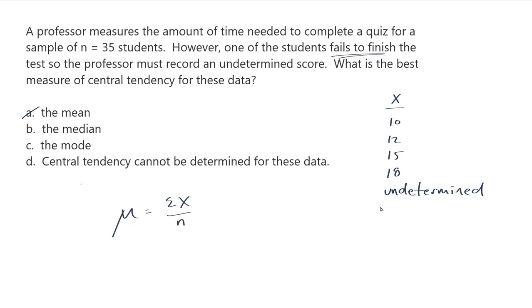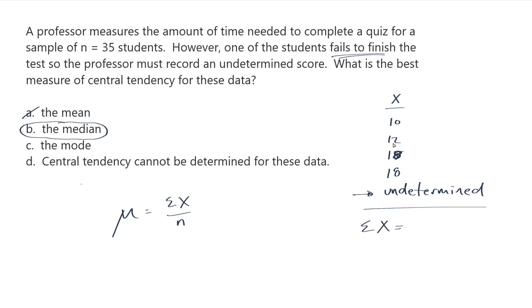But we can't work out the mean here because you can't find the sum of x when one of your recorded values is not a numerical value. So the mean is out. Now the median is going to be the correct choice. Why the median and not the mode? Well, first of all, we don't have a mode, but even if we did have a mode, let's say that there were two 18s, even if we had a mode,